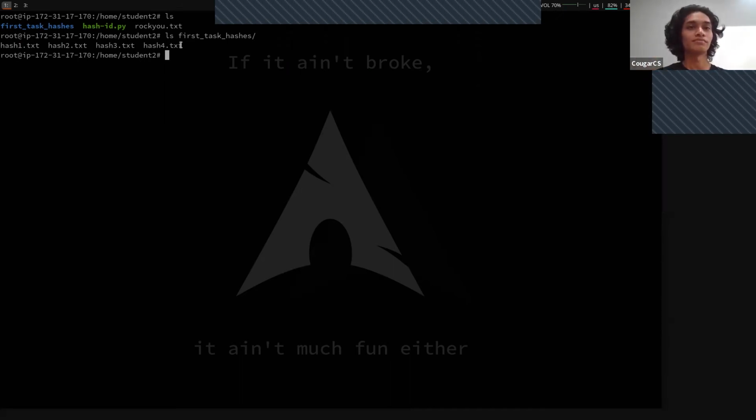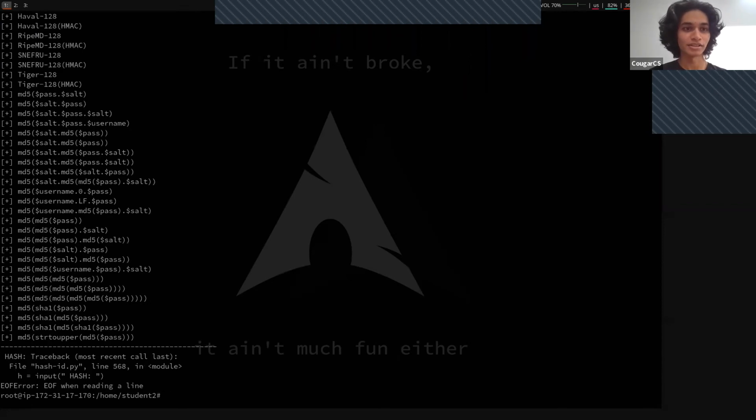So let's actually first identify what hashing algorithms were used for each of these hashes. For that, we can do cat first. I'm just going to check if this works. Okay, cool. Yeah, so the command that you guys want to use is